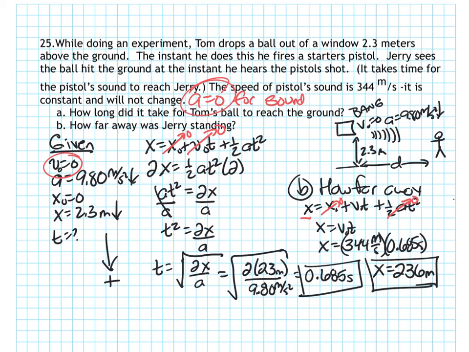So the starter's pistol goes off. He sees the flash, but he doesn't see the ball hit the ground until he hears the sound of the pistol. And from those calculations, we can figure out the ball's in the air 0.685 seconds. And during that time, sound traveled 236 meters to Jerry's position. And then we know